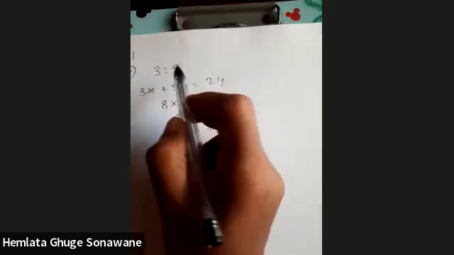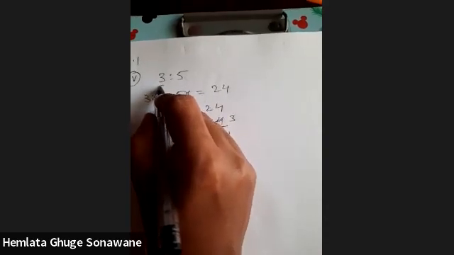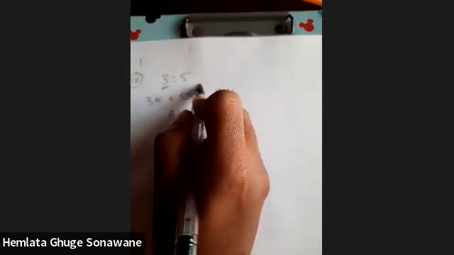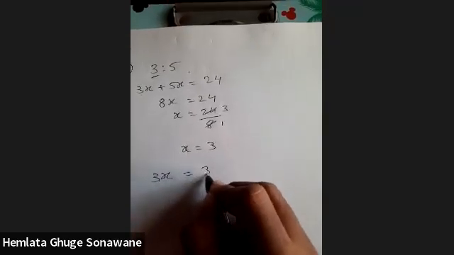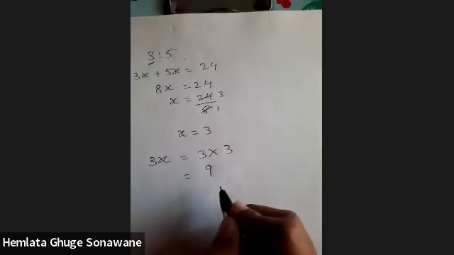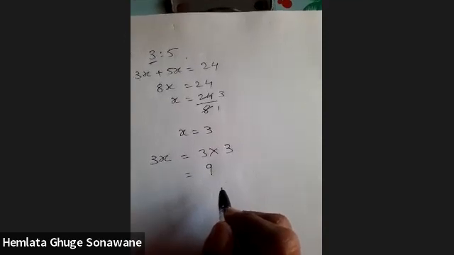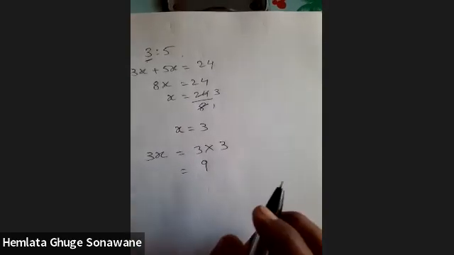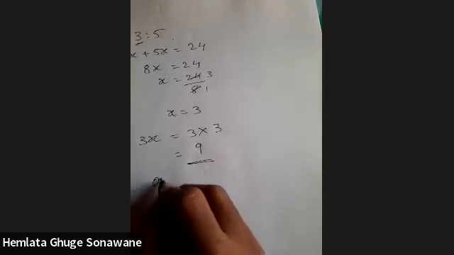So we have here considered x for banana and in the ratio it is given that 3 as to 5, 3 for Shubham and 5 for Anil. So we'll do 3x is equal to 3 into 3. That becomes 9. Now we have to check the options. Option A is 8, option B is 15, option C is 12 and option D is 9. Our answer is 9. So option D is a correct answer.